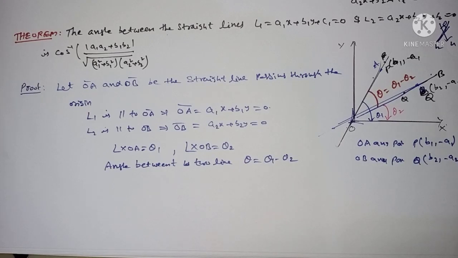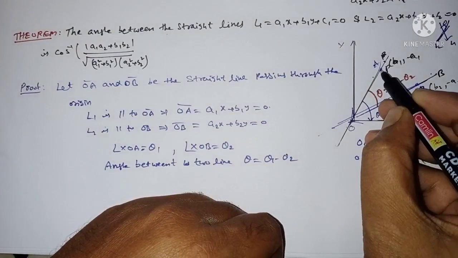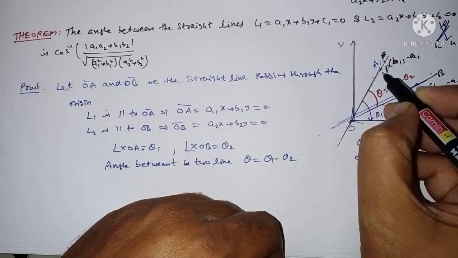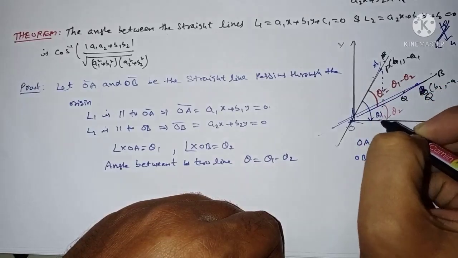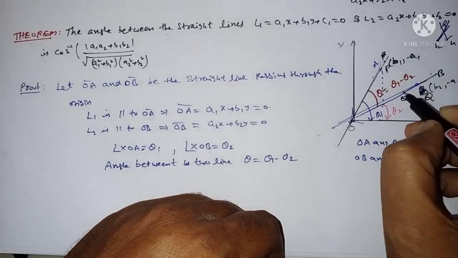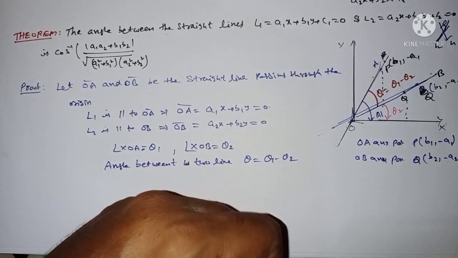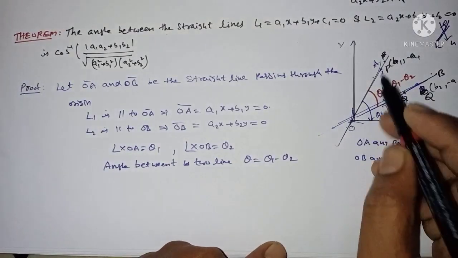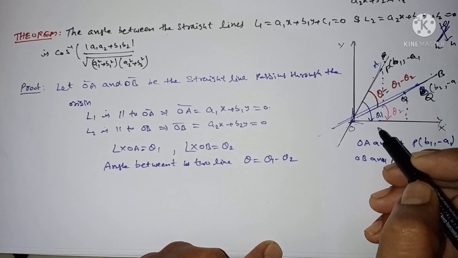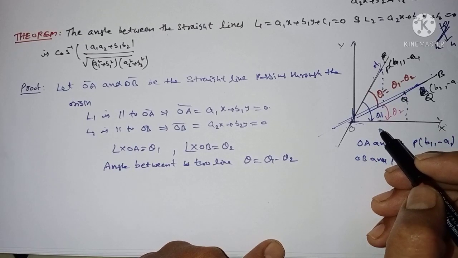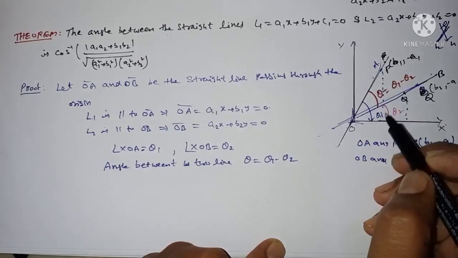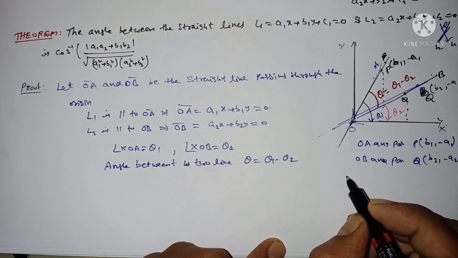Therefore, you can draw a perpendicular here from P to A. Okay, this is A, and you can also draw a perpendicular from Q. We have the triangles here. You get the triangles. How are they triangles? You can observe here, this total is theta 1. Therefore, I can write here triangles.